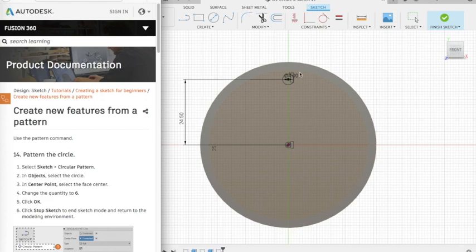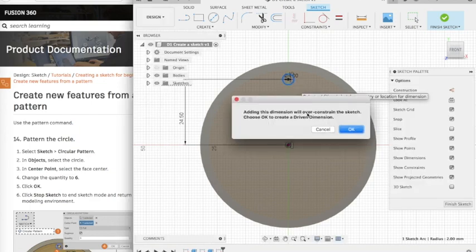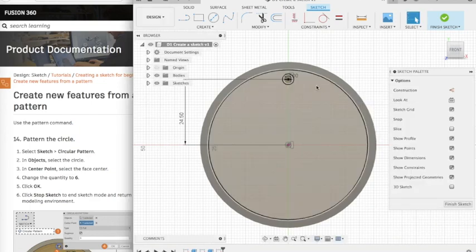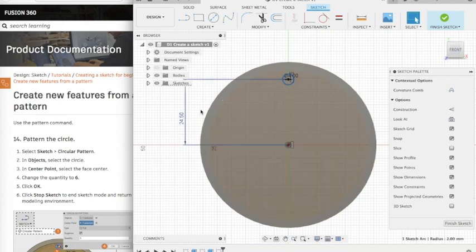So we can make a whole bunch more of those circles to go all the way around. We want 6 of them, or we can use a pattern to make 6 of them that will stay equally spaced no matter how we change things. So we're going to select that circle, hit escape because I'm already in another command. We'll select that circle, and then